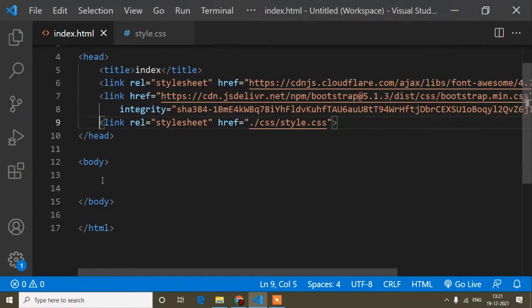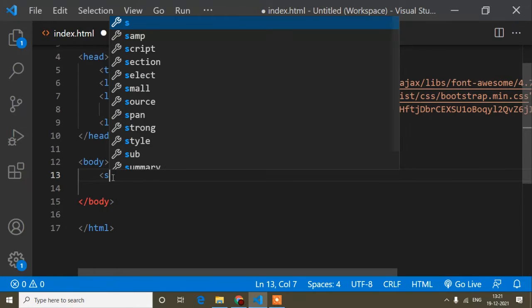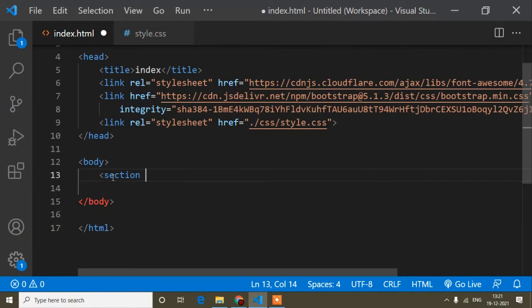Okay guys, here is the body tag, so I will write our HTML code inside this body tag. The first thing that I will suggest is to always try to write related names. Here I'm making the promo slider, so first of all I will write a section, and the class name I will write is promo header, because this slider will be on the header part. So that is promo header.